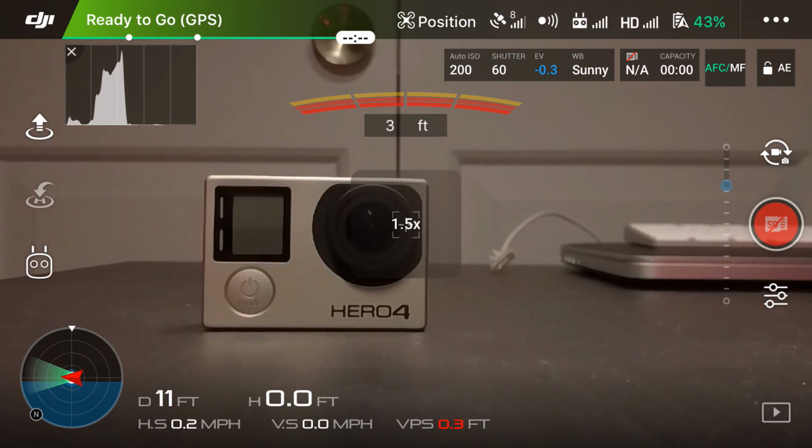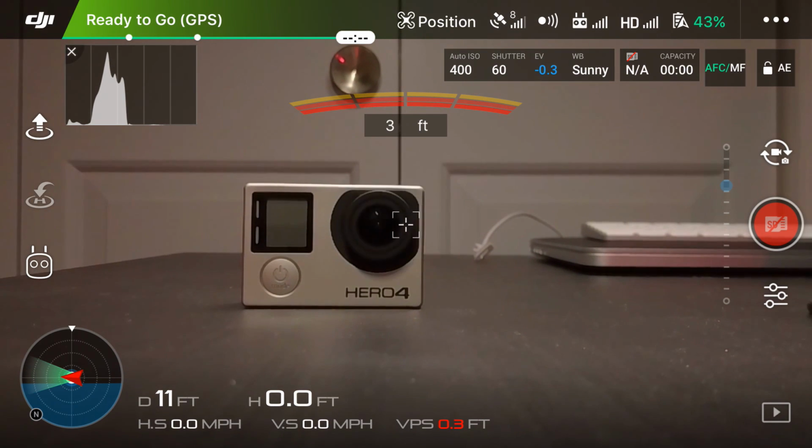Next up we have zoom out, which you always want to have assigned to one of the customizable buttons if you have zoom in assigned to another, as you don't always want to be stuck on a full zoom. We'll notice that just like the zoom in feature, every single time that we click the button we zoom out